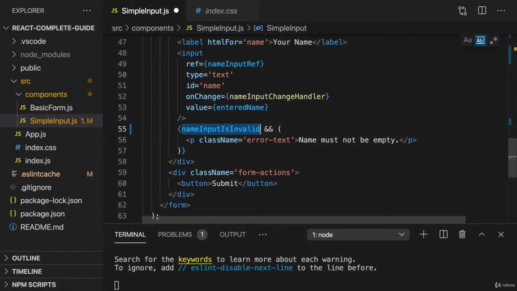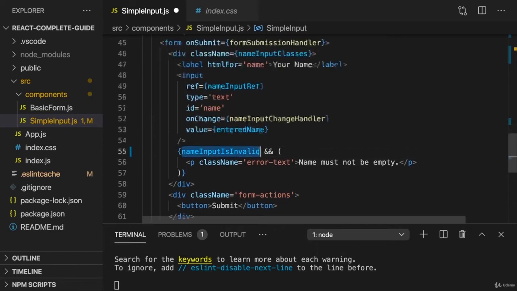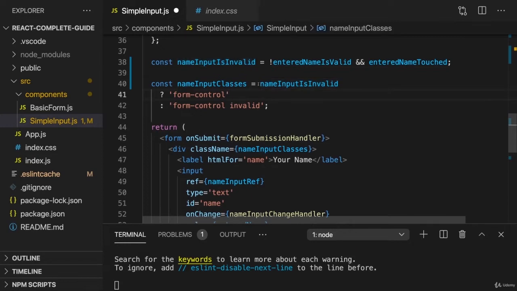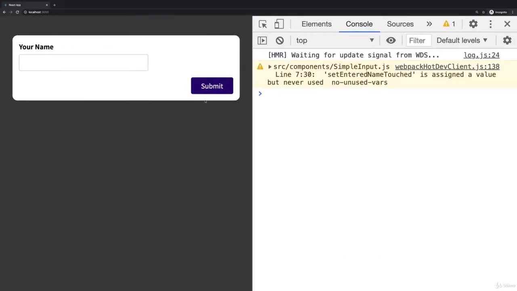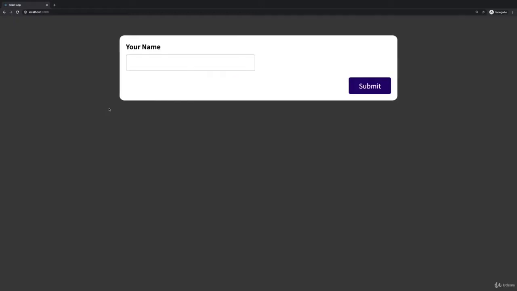Hence, I removed the exclamation mark. And here, I, of course, want to set this invalid class if name input is invalid and not set it otherwise, like this. With that, if we go back and we reload, initially, this is not showing this error state,